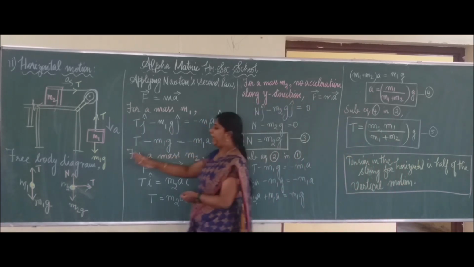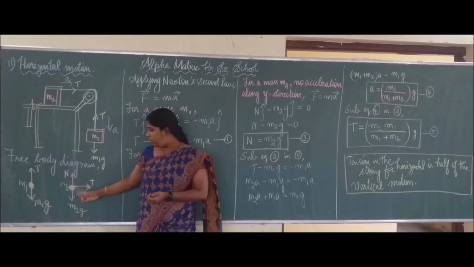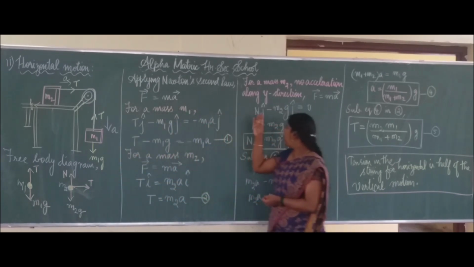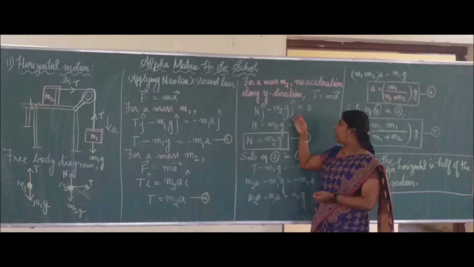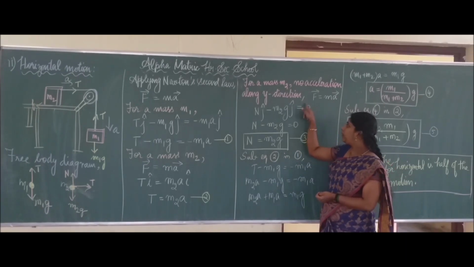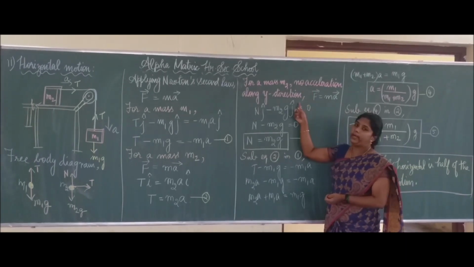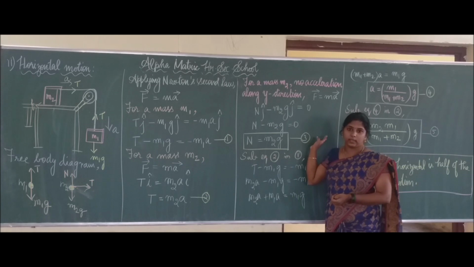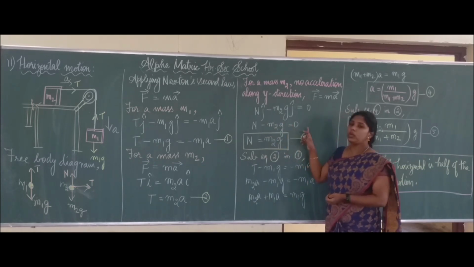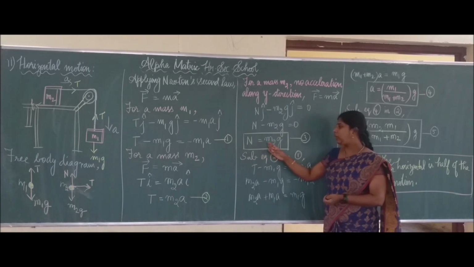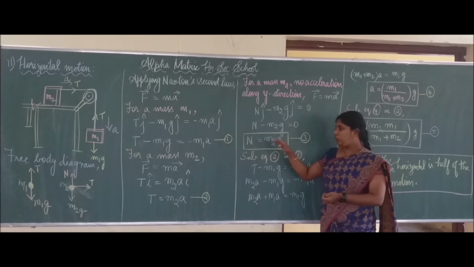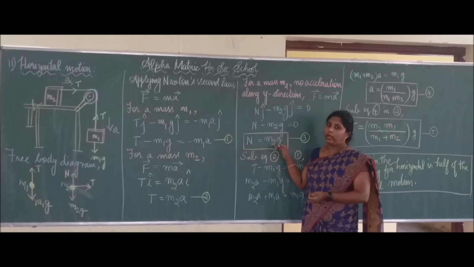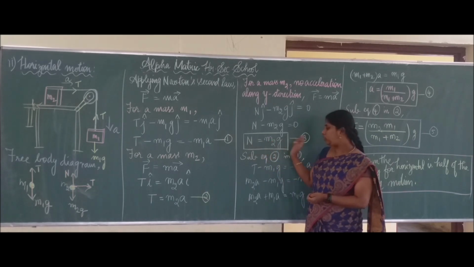In the free body diagram, in the y direction, two forces are acting here. One is the normal force and the other is the m2g force, right? So N j cap minus m2g j cap equals 0. Why did I put 0 here? Because there is no acceleration acting in the y direction. So by comparing components on both sides, j cap gets cancelled. So N minus m2g equals 0, and N equals m2 into g. So the normal force is exactly equal to the downward gravitational force for the block of mass m2.